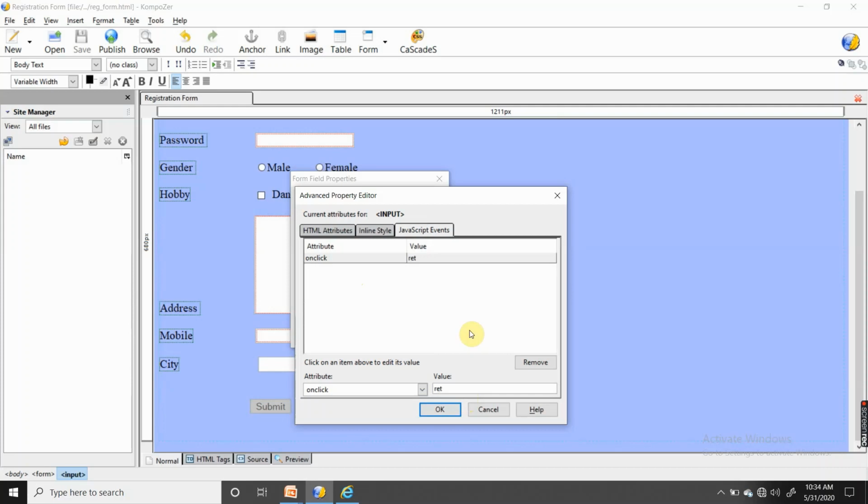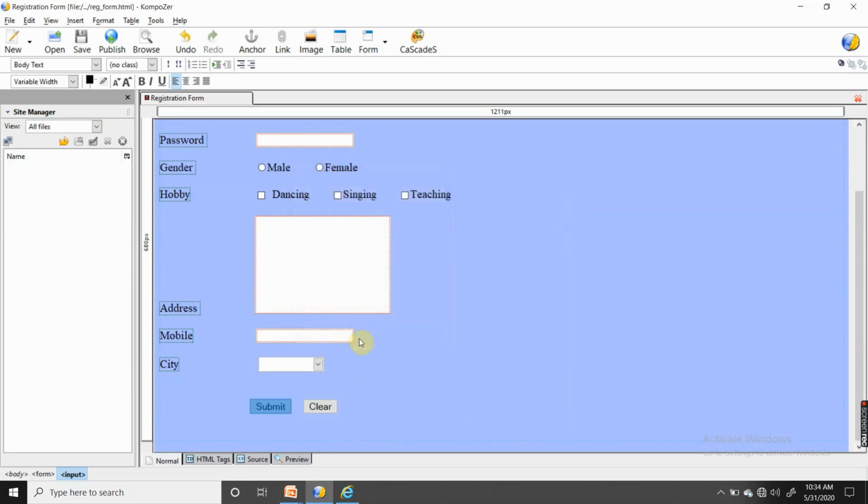I will explain why we are writing the return keyword, because we are going to use a function. What a function is, I will cover. I can give any name. Right now I am giving the name validateForm and round bracket open, round bracket close. A function needs opening and closing brackets also. A function needs the return keyword also. You just have to select the event and then the event handler, and then any name you can give. Click on OK, again OK. Fine. Now we will see the theory also.